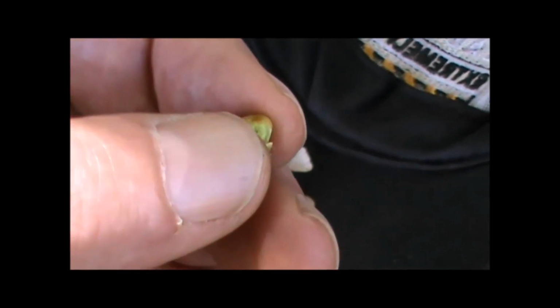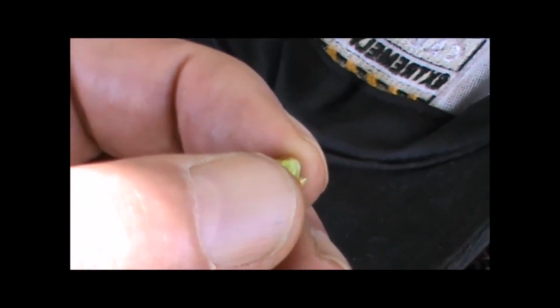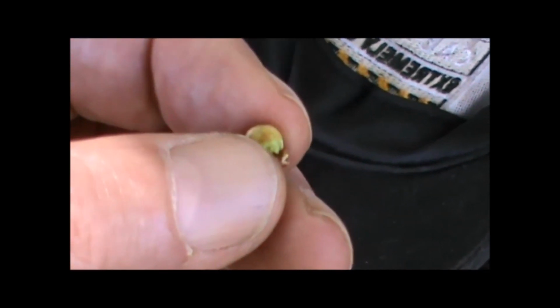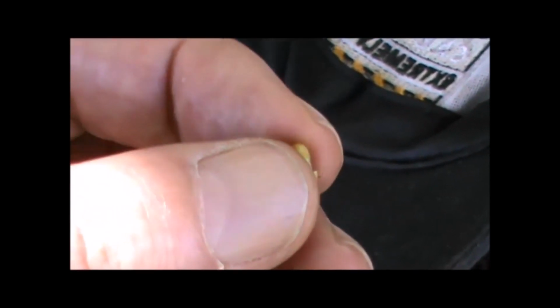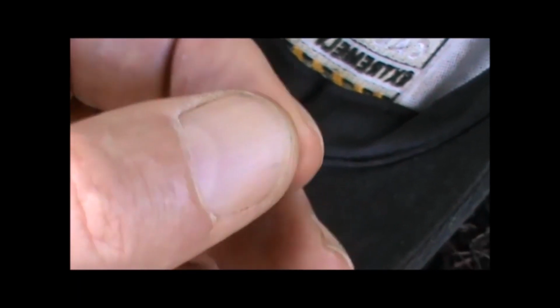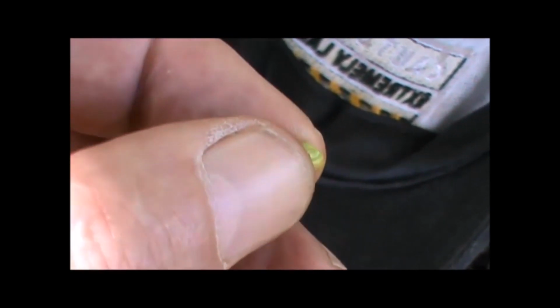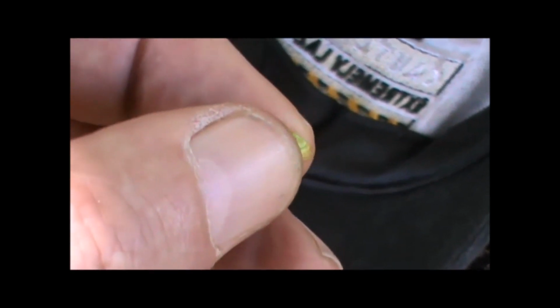Okay, given the fact that it's fallen off the tree and it's got a bit of age on it, taste isn't unpleasant. It's very close to a pea. In fact, the taste of a green pea. In fact, if it was harvested green off the tree, it would be much sweeter. Now, you can roast and boil these when they're greener on the tree and eat them. But also the